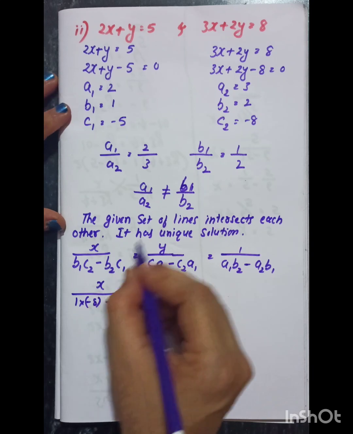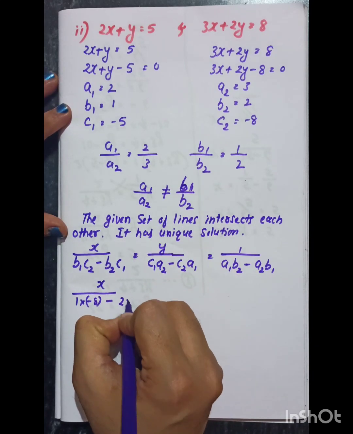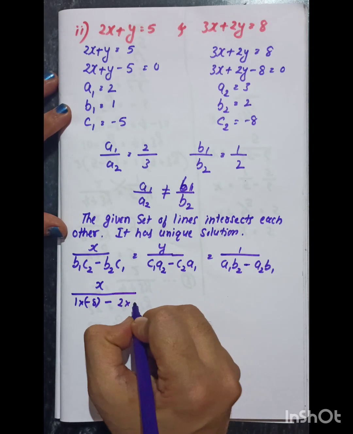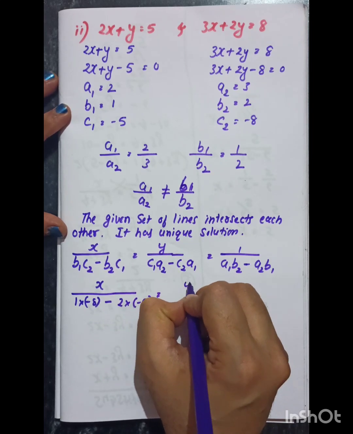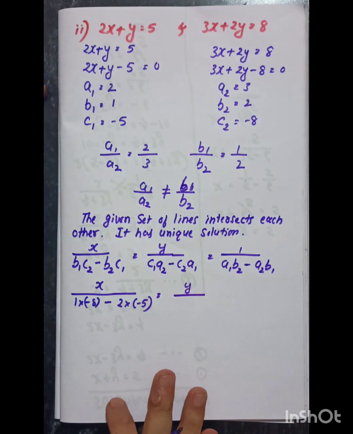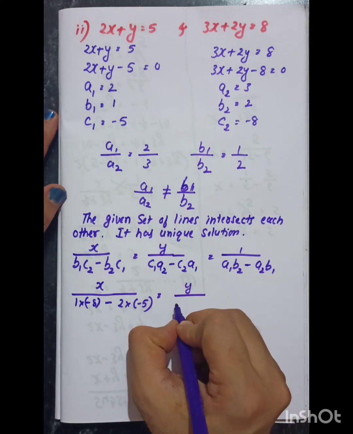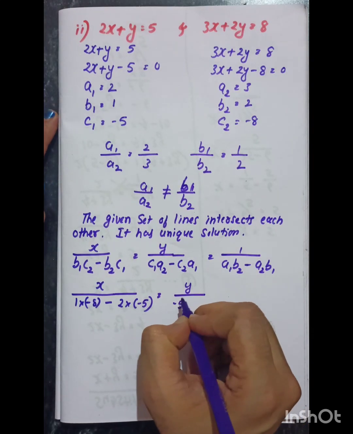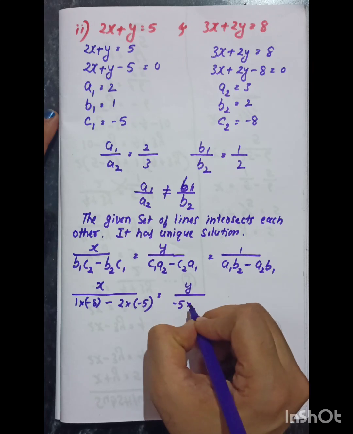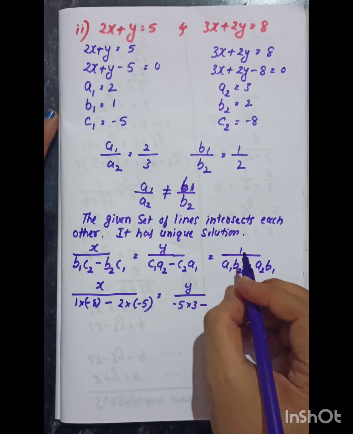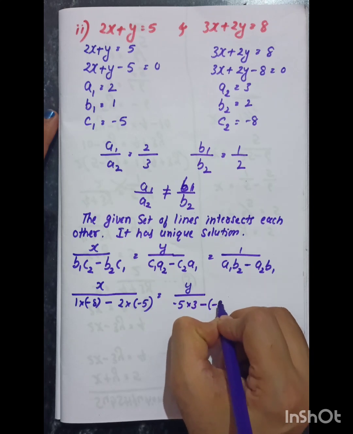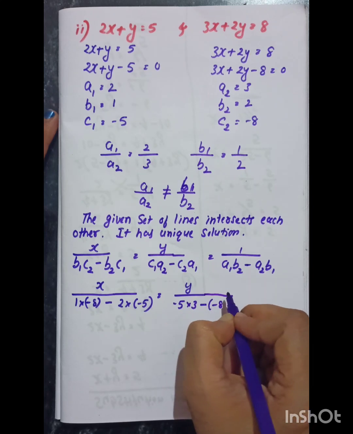Minus b2 means 2 into c1 means minus 5 equals y as it is. c1 by a2, what is c1? Minus 5 into a2 means 3 minus c2 means minus 8